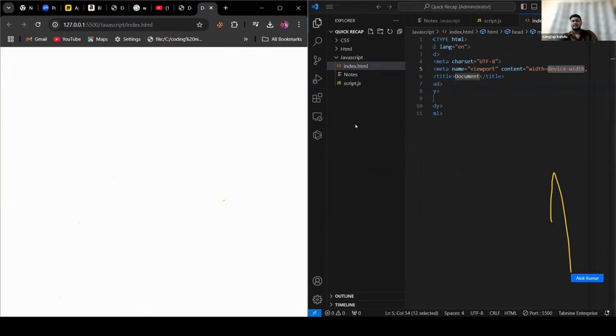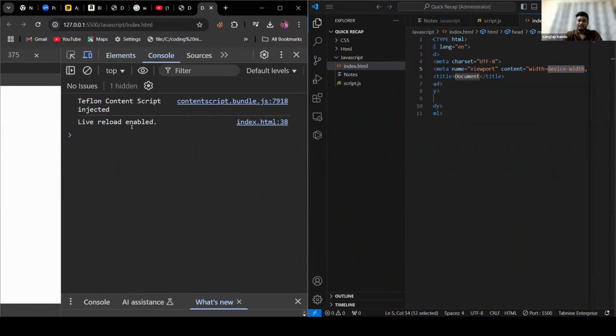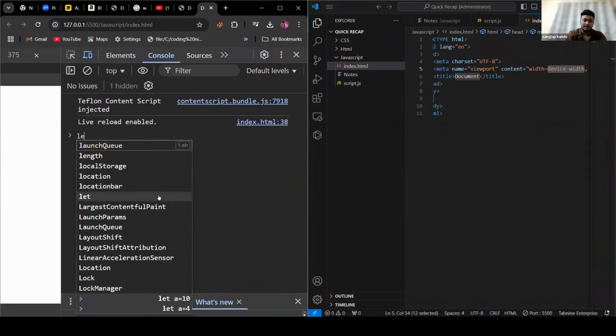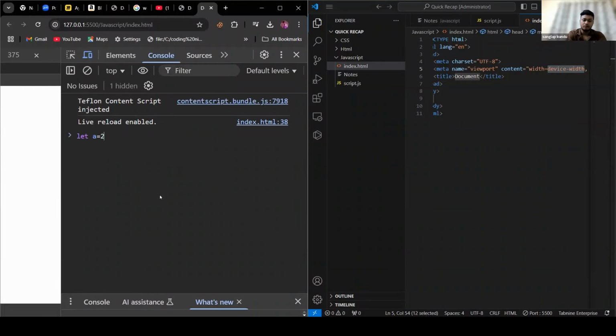Now, basically, if you want to run JavaScript code, you have two options. Either you can use the power of browsers. So if I go here and click on inspect and go to console, this basically provides me a JavaScript editor. For example, you can write let a equals 24. Hit enter and you can write